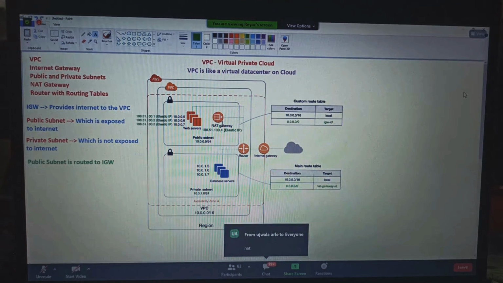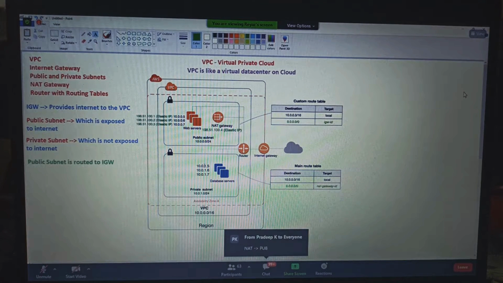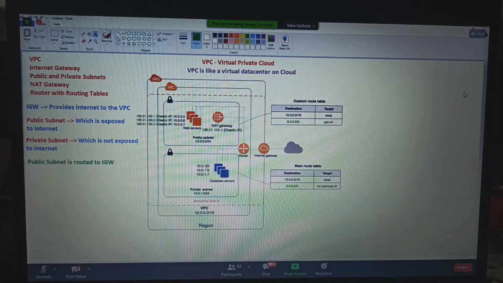So NAT will convert all these private IPs to public IPs. The job of NAT, the network address translator, is to convert private IPs to public IPs. Let's say, for example, a database server is connecting to the NAT. The database server has the IP address 10.0.1.5.